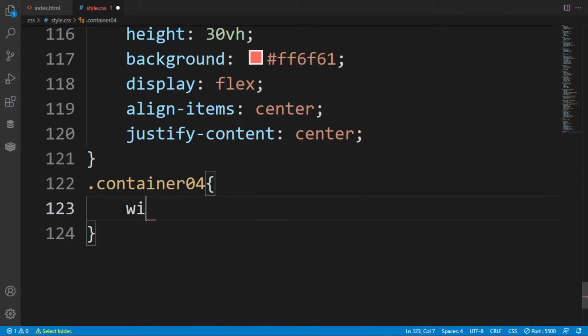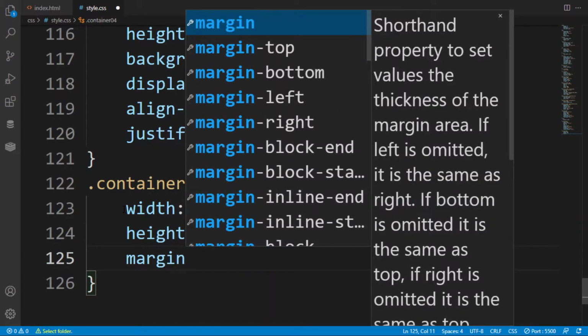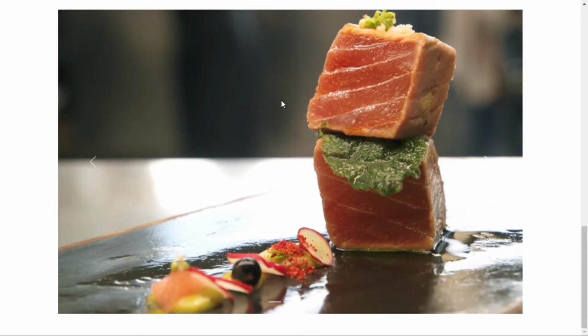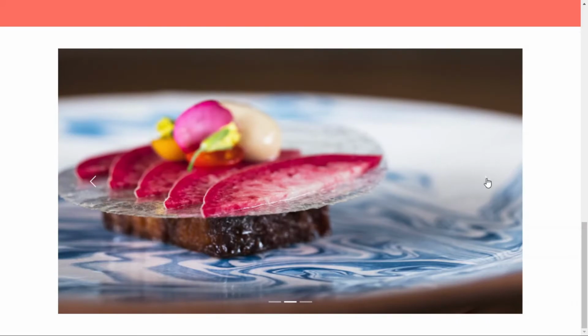Let's say the width is 100%, not 100, it is 80, and height is also 80. Margin is 50 pixel from above and align at the center. So as you can see, this thing has been aligned at the center.